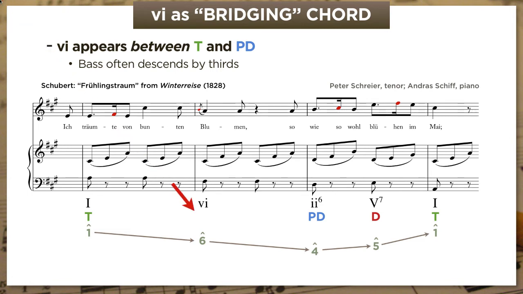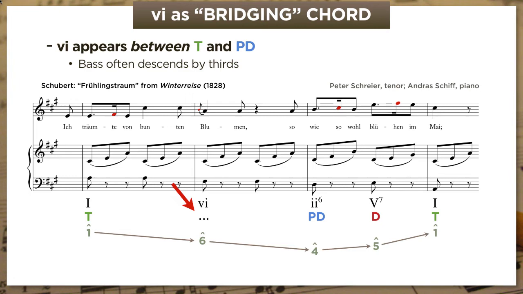That's because I'm just not sure I hear one. It feels to me like we're kind of connecting two functional harmonies without quite having a clear function itself. And I know a lot of analysts agree with me, so I just put an ellipsis under the 6 chord in the functional analysis to show it linking tonic and predominant.